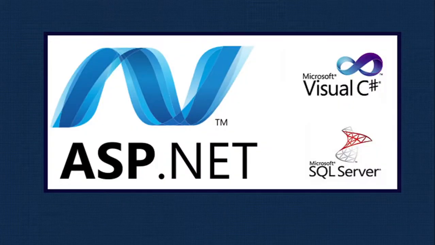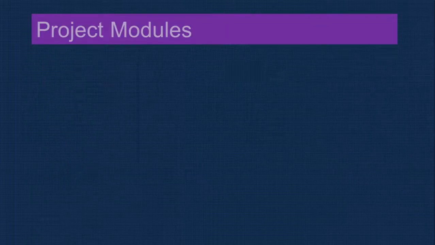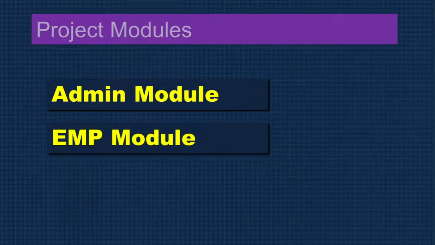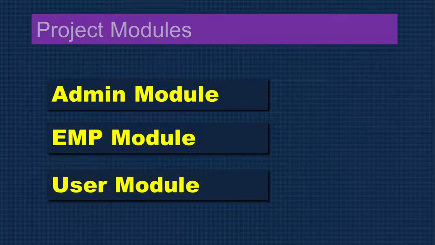So this is the technology, as we discussed already. Now let us look at the project modules. It will have three modules: the admin module, the employee module, and the user module. Admin manages the whole website. Employee enters the data, because when you talk about the budget, there are different departments, so someone has to take care of that department and enter the data. Therefore, as an employee, they can feed all the data here. The user module is for the common person who can get the benefit. In a sense, they can view all the budget details. That is the user module.